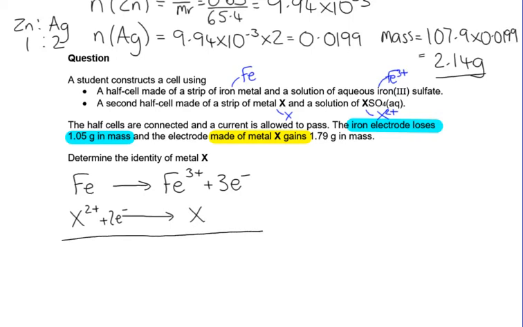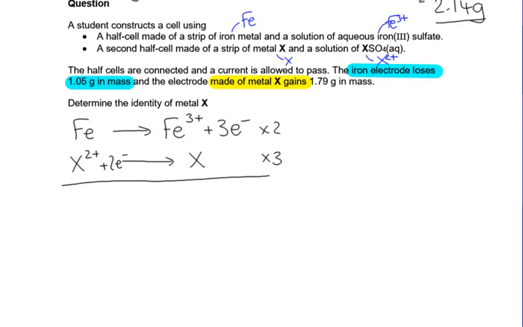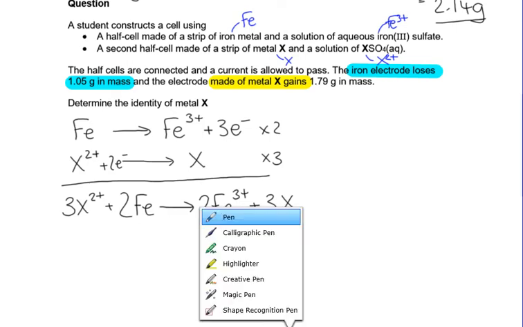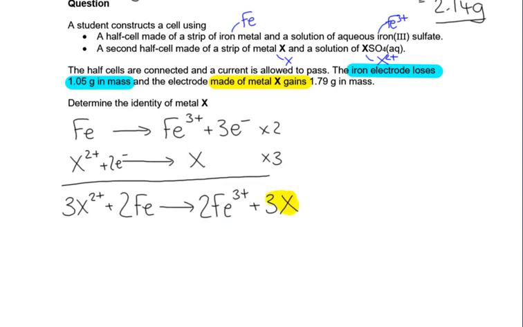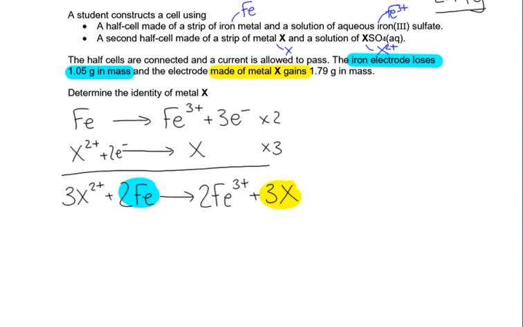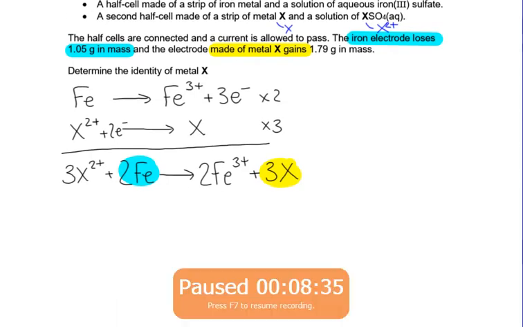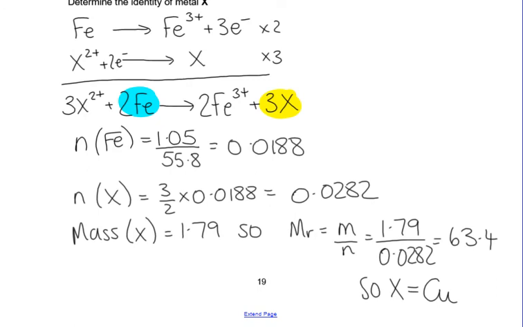Now if I want to combine those using my redox rules, I have to make them have the same number of electrons. So 3X2+ plus 2Fe goes to 2Fe3+ plus 3X. And now it's a bit easier. So work out, remember that we were trying to find the mass of X, we had the mass of iron. So now do your moles question. So there you go, you should have got the identity of X as